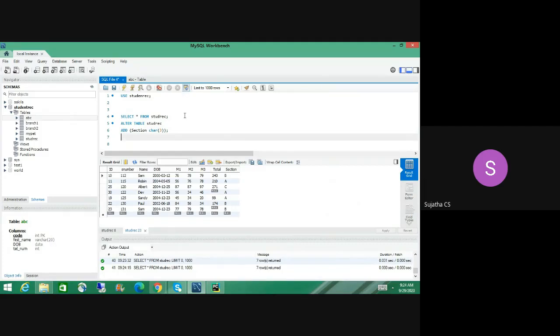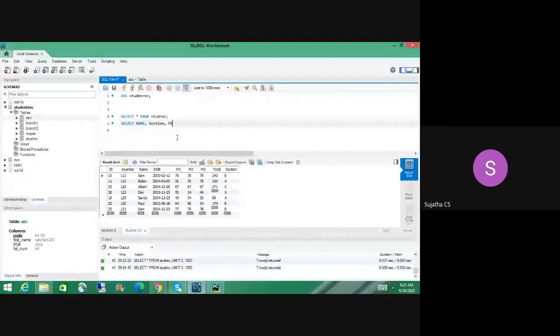Now what is our motto? I want to sort with the two attributes. So how can we sort it? Using the keyword order by. So select, I want to see name, then section, comma M1.